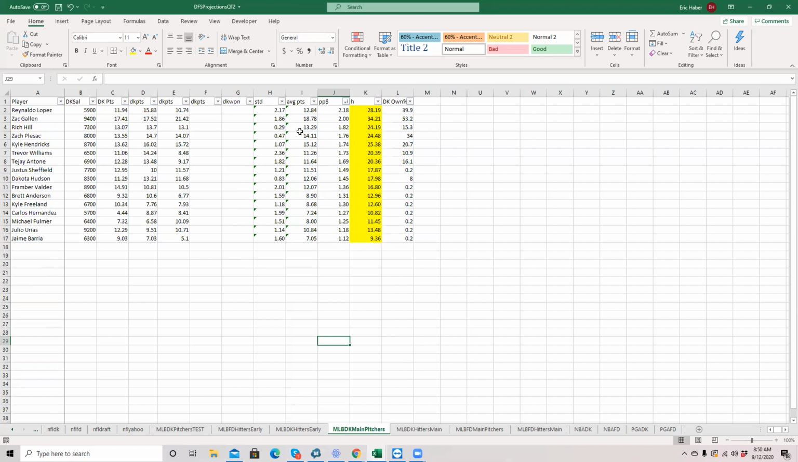And that's really the key to all of this. So you'll see that Reynaldo Lopez, as we mentioned, was, points per dollar, the best play on the slate. And he is going to be the highest owned, and it turns out the second best point per dollar player, Zach Gallen, is the second highest owned, is actually the highest owned pitcher on the slate. So these two kind of fall in line with